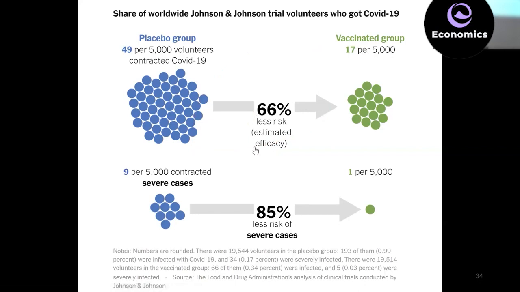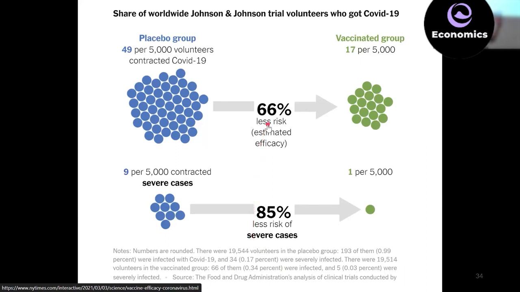And if they further look at how many people got serious illness? In the placebo group, it was 9 out of 5,000. And among those who got the vaccine, it is 1 per 5,000. That would be an even bigger reduction in the risk of serious illness. Okay. Now,